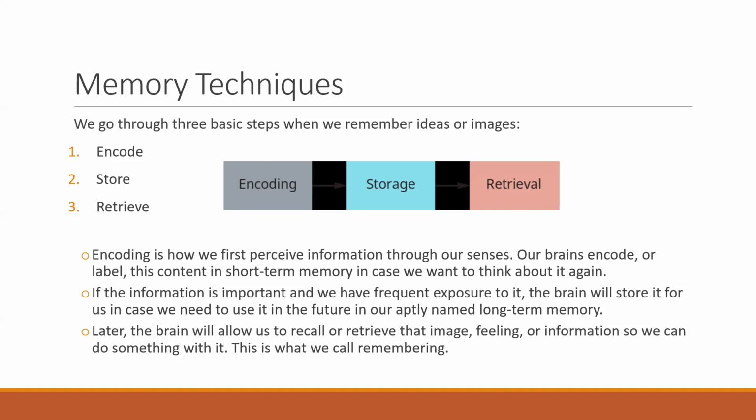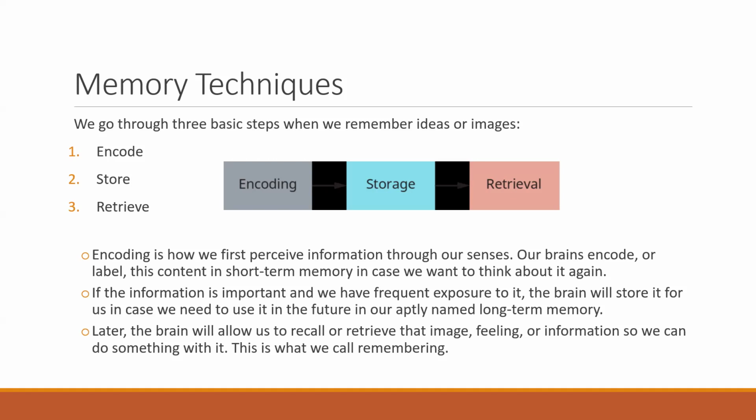That sets it up so that we can begin to store it for our short-term memory. So when we need to use it again, and then storage is where we store it